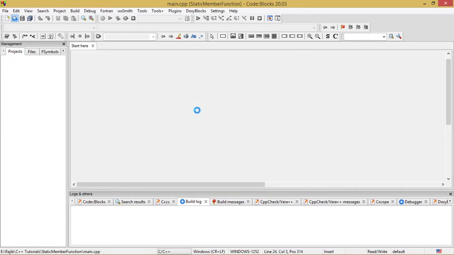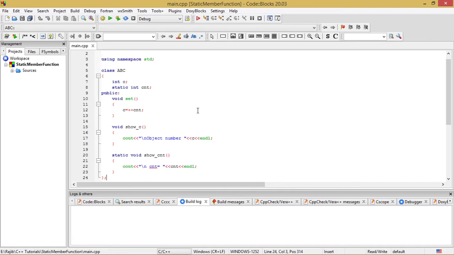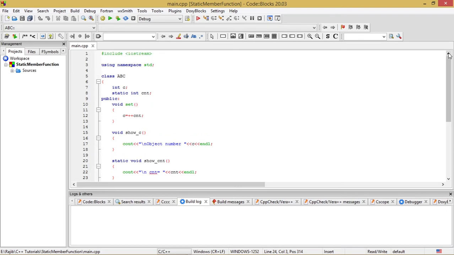So let's open it by double clicking it, and we get this program opened. Now let me describe what I have done over here. First is the file inclusion directive #include <iostream> and using namespace std.